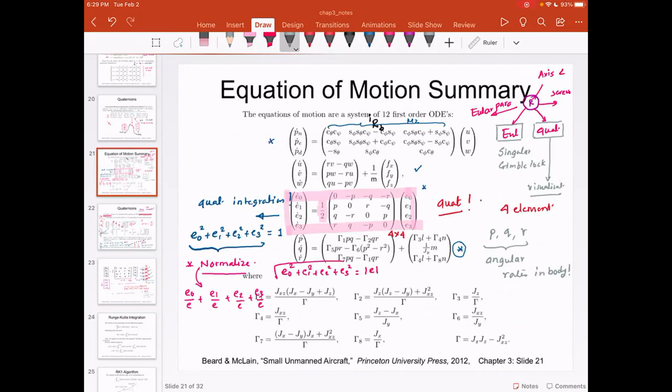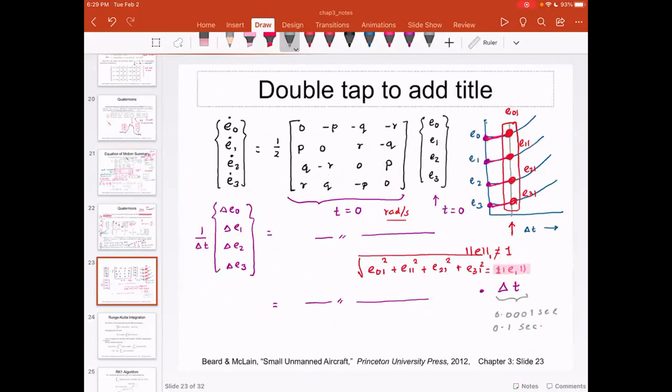Okay, now on the physical UAV, what you typically have is something called an inertial measurement unit, or IMU, and this IMU is going to give you values of P, Q, and R. But please note that PQR are nothing but the body rates, and you have an IMU in your Apple phone